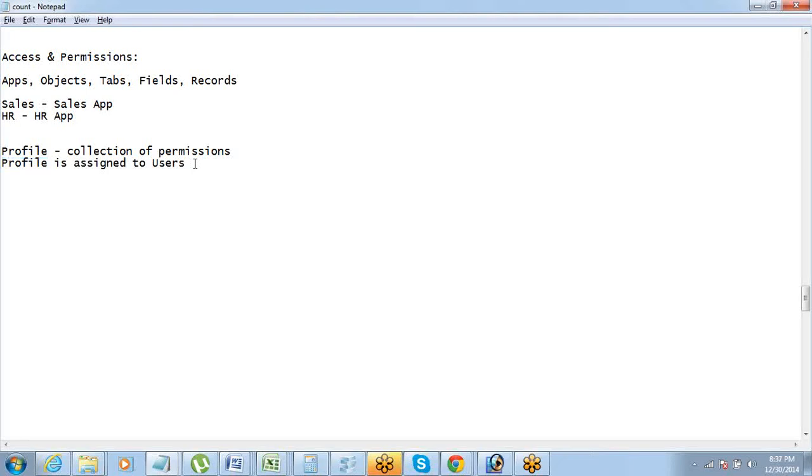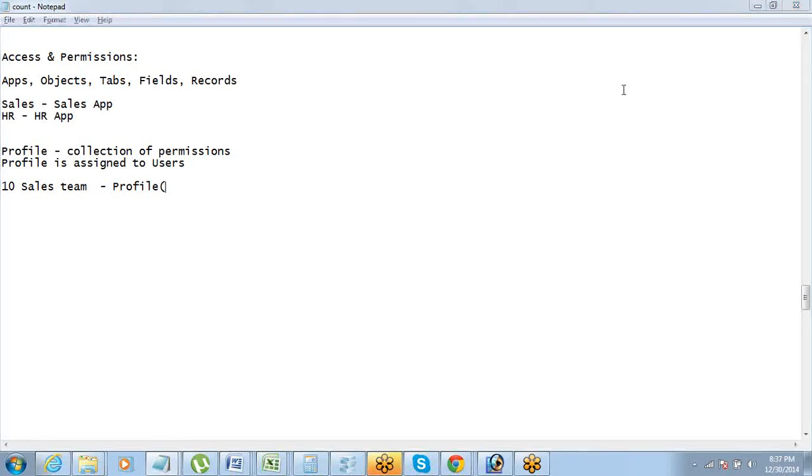If I have 10 users who need the same kind of permissions, 10 sales team members, then instead of giving the access and permissions to each and every one of them individually, if I create a profile and put all these permissions in that profile, it will be very easy for me to share those permissions, right? So one profile, all the permissions are put in that, and that profile is assigned to all those 10 people. Next time if I have to edit something, I don't have to go to all 10 and edit that. I will simply edit it from the profile, right? So that is how it is.